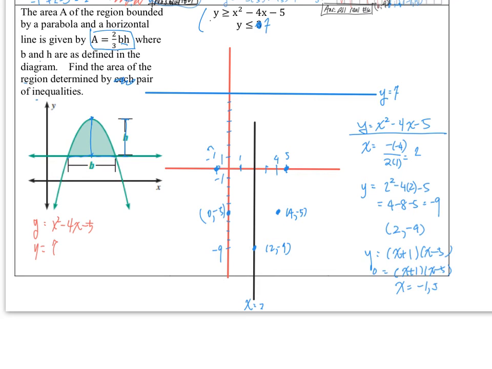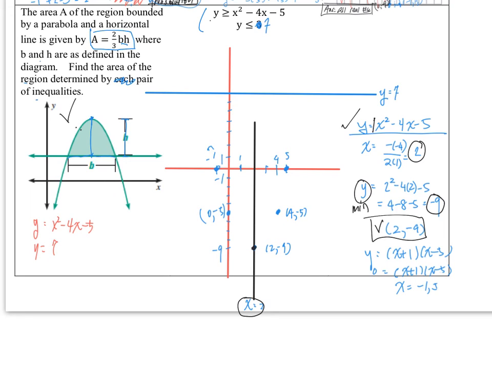Secondly, I took the quadratic inequality here and set it to an equation. That would be y equal to x squared minus 4x minus 5. And then I went ahead and found the axis of symmetry to be 2. So here I plotted it, and then I drew a line. Since this is a positive here, this will be a minimum value. So it's just the opposite of this picture we have here. The minimum value came out to be -9, so our vertex would be 2, -9,